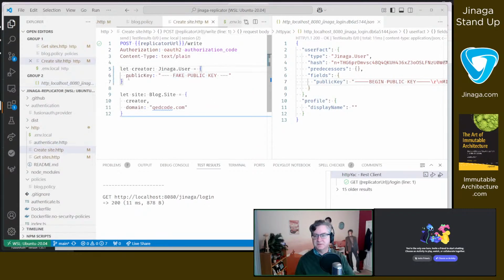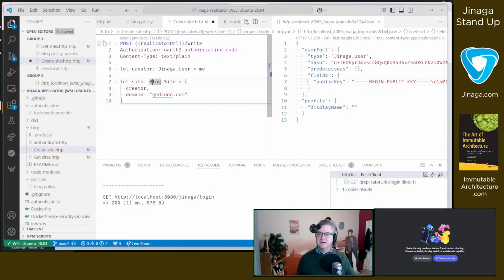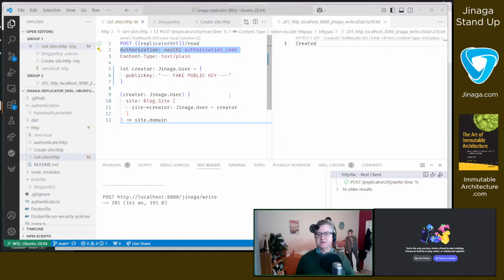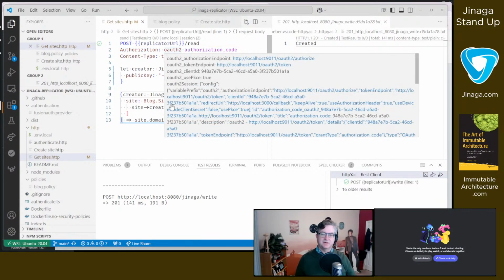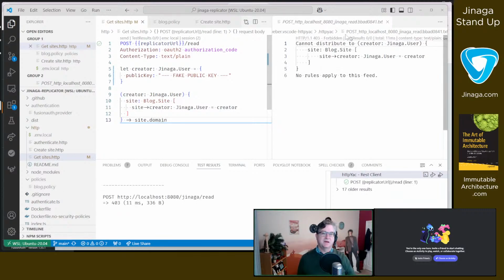Instead, I'm just going to use the little built-in me keyword. So I want to create a site as me, and then bloop, created. That's allowed. Perfect. Okay. So let's see this authorization authentication working on the read side. Well, on the read side, get sites. It's not called authorization anymore because in Janaga, authorization means who can create a fact. This is called distribution. And right now we can see we cannot distribute to this feed